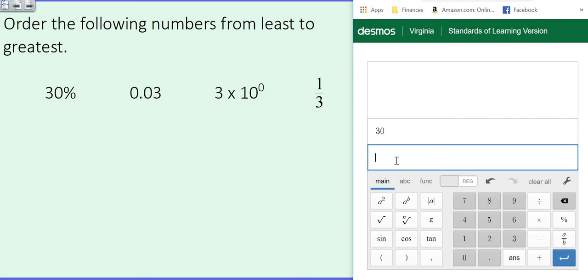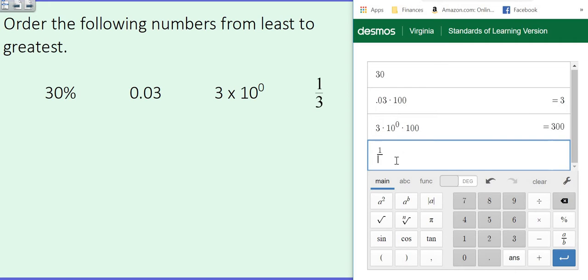30% is already a percent, so I just put the 30 there so we remember it. Next, we're going to put 0.03 in, and we're going to multiply that by 100, and we get 3%. Next one, 3 times 10 to the 0 power. And then do not forget, if it does not have a percent sign, you must multiply by 100. That's 300%. And finally, 1 divided by 3